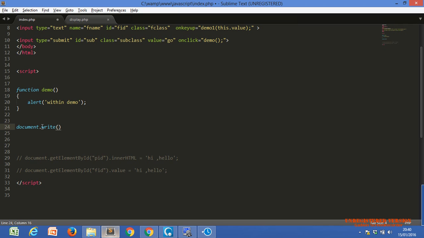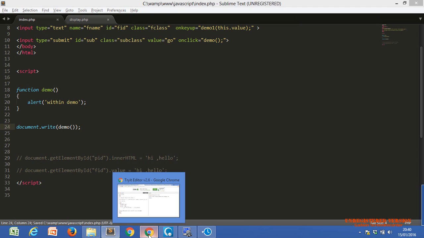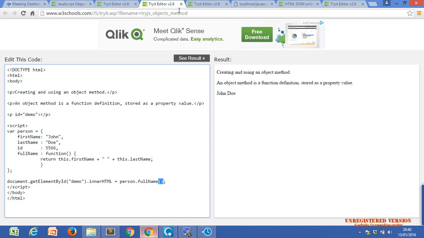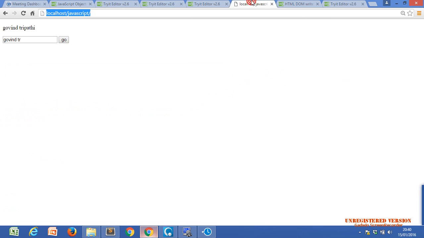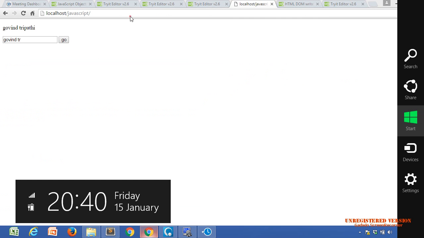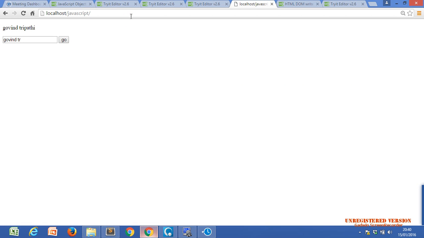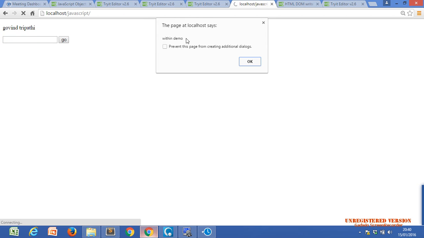What do we have to use? Demo. I just want to call my function. So I can call it like this. We will get one alert box, right? If I refresh this, then I will get one alert box within the demo.